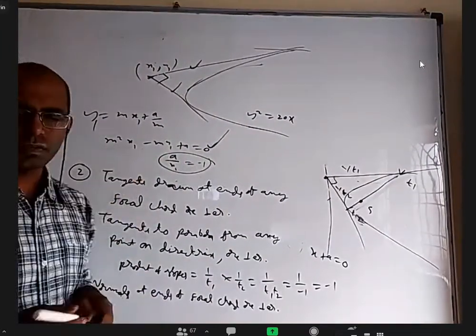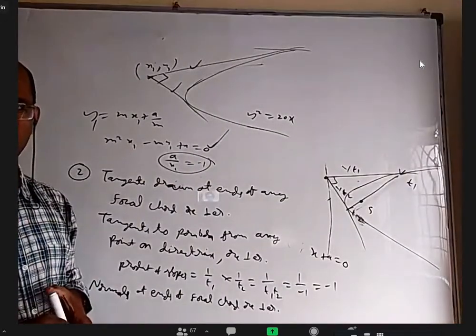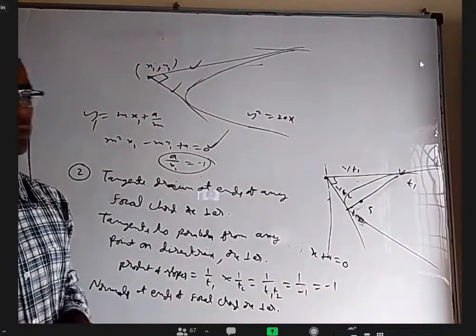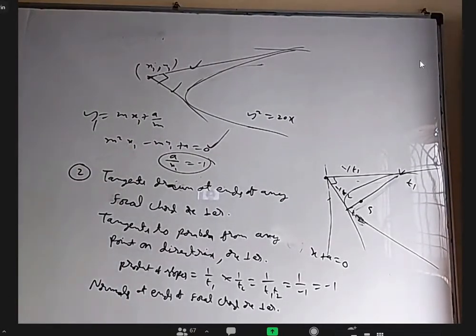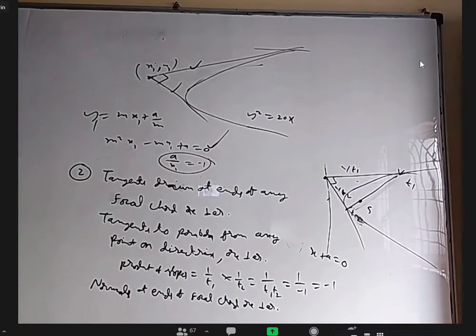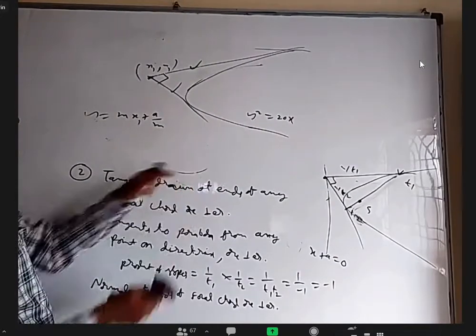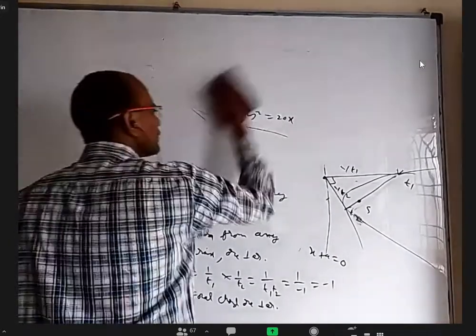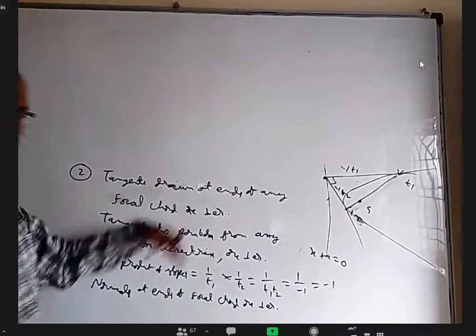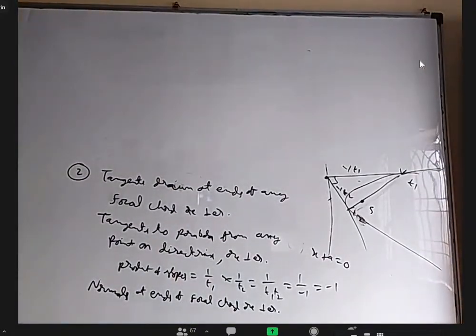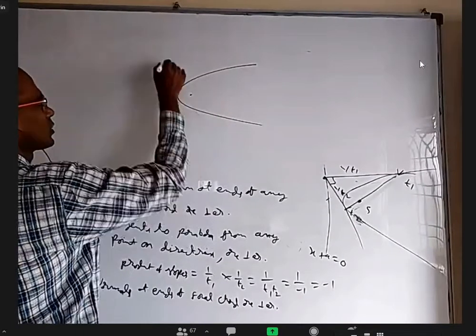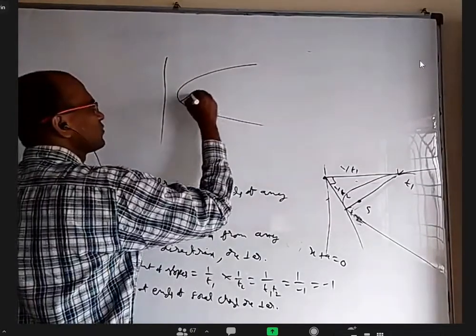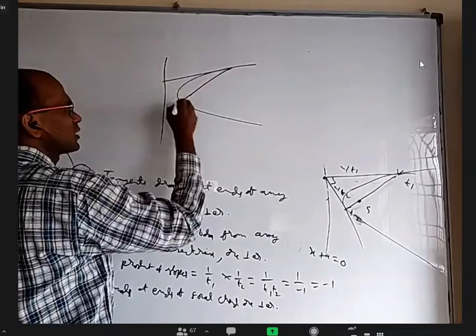I think we've done this kind of question in the circles chapter. Am I right? m1 plus m2 is constant, what is the locus? m1 into m2 is constant, what is the locus? m1 square plus m2 square, like that. As I said, if you do circles properly, almost similar questions will come. Formulas may change, but similar questions will be coming. So in this way also, we got the directrix here. I'll try to do a few questions a little later. I'm planning to cover a few things. Okay, so I hope everybody is clear. In total, just now what I made is: you take any parabola, this is the focus, this is the directrix. Take any focal chord and draw tangents there.